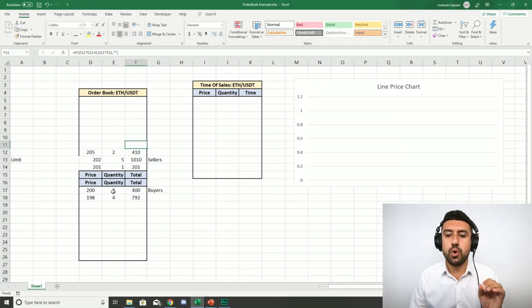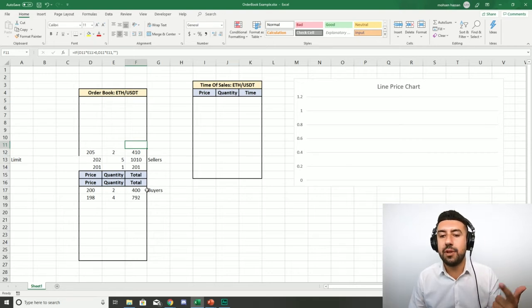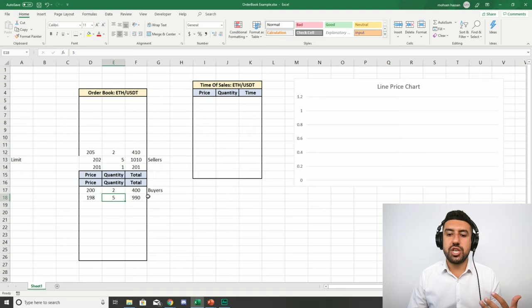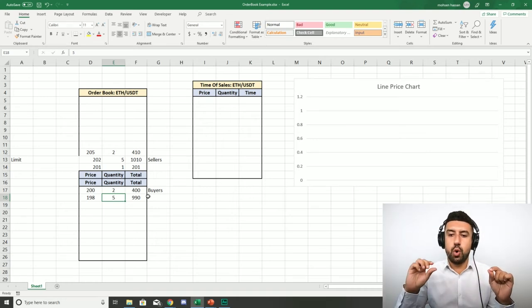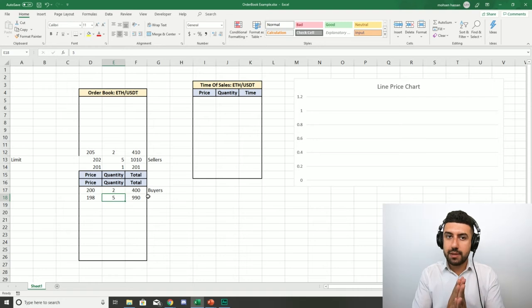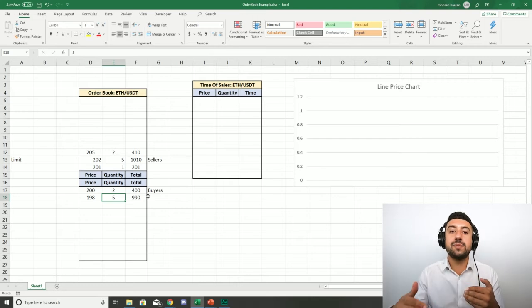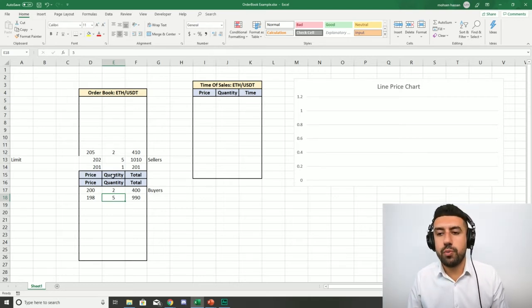Why? Because orders are always going to be ordered by best price and then best time. So example, if somebody else wants to buy, let's say, just one more Ethereum at 198, well, that person is going to come here and is going to go behind this person. So it's at the same price, but there's going to be an extra person. So here this is going to turn to 5. So quantities might change. And when you send an order, your orders are always going to be ordered by price priority, then time priority. So two people who have the same price are going to be prioritized by who came first. Okay, and this is going to fill up the order book.